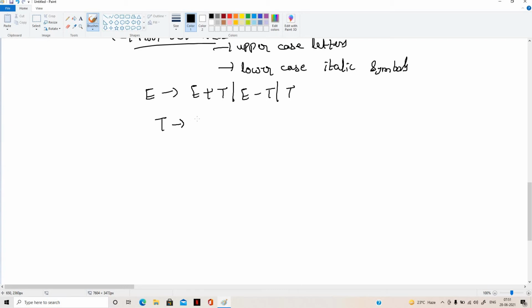Similarly, T tends to T times F or F. And F may be an expression within parentheses or else id. So the grammar can be rewritten like this, as I mentioned in the previous slide.